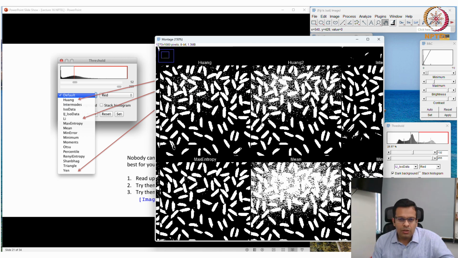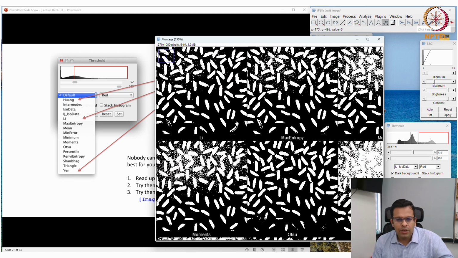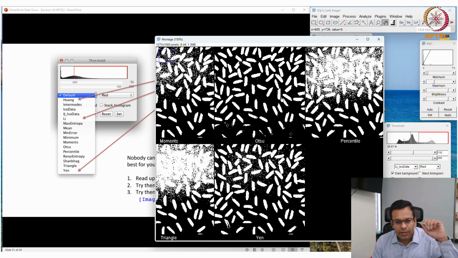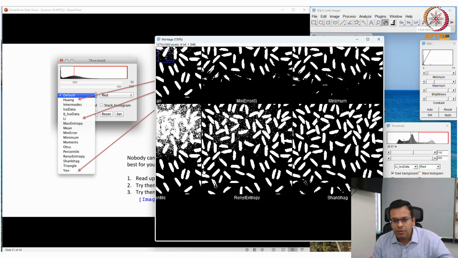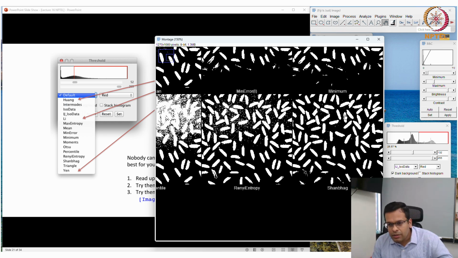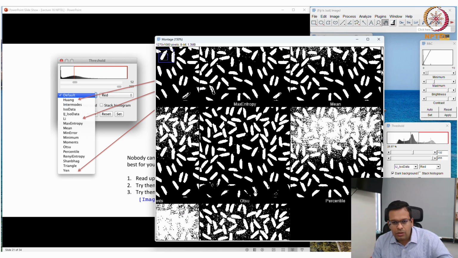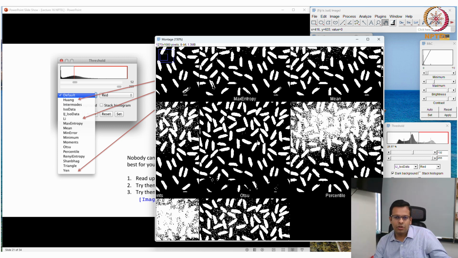Which algorithm has worked best, you can see from the results. If I have to select from all these algorithms, I would select this one, the Otsu algorithm. It seems to me that it has done the best job compared to all the other algorithms.